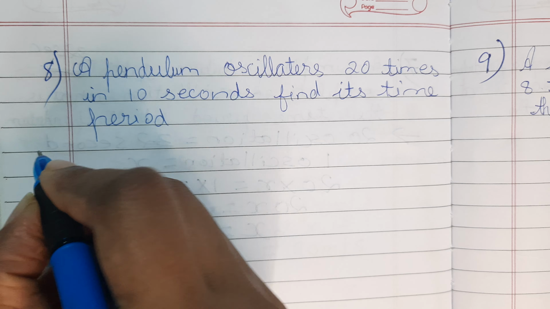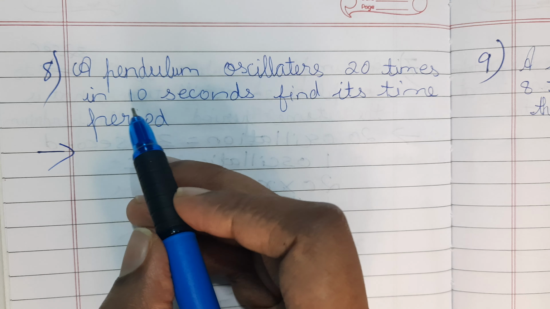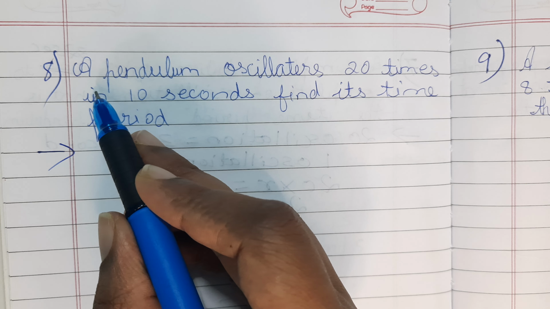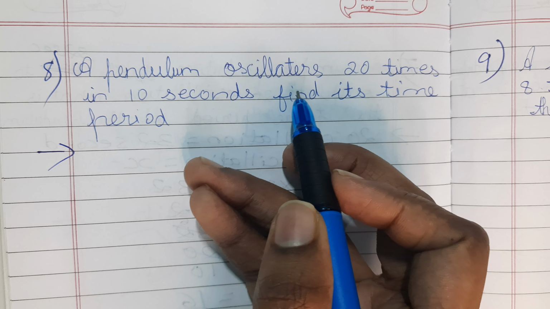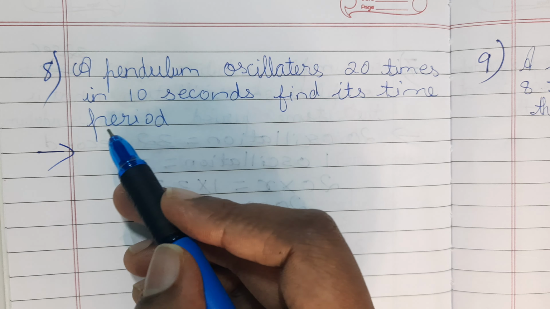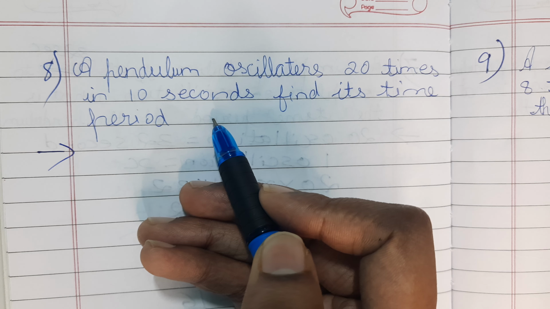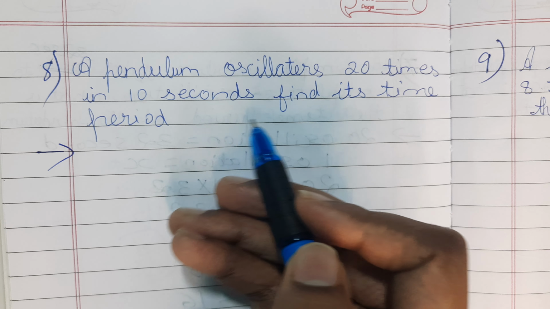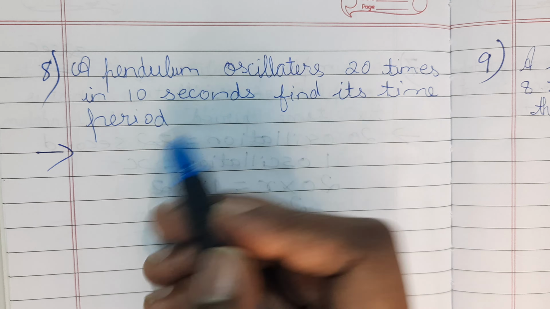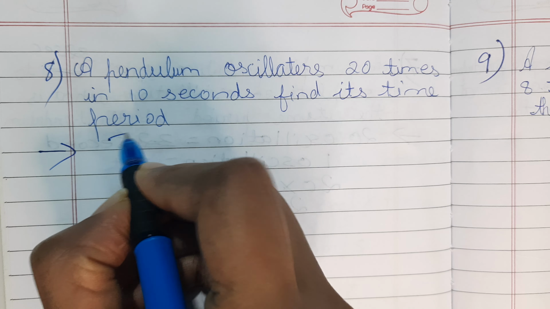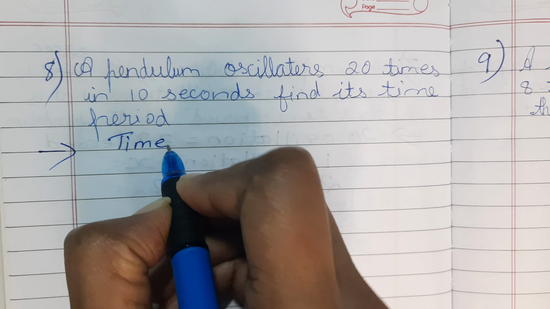Today's question is taken from class 7th science. So today's question is: a pendulum oscillates 20 times in 10 seconds. Okay? So you'll have to find its time period. So first you will write down the formula for time period,